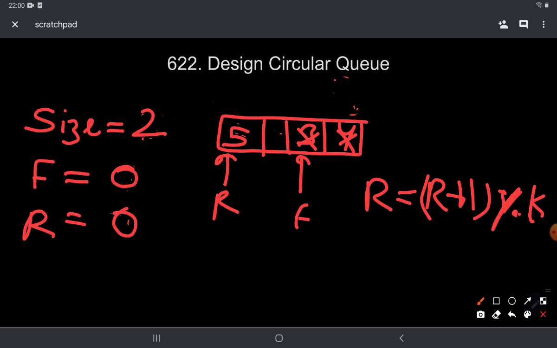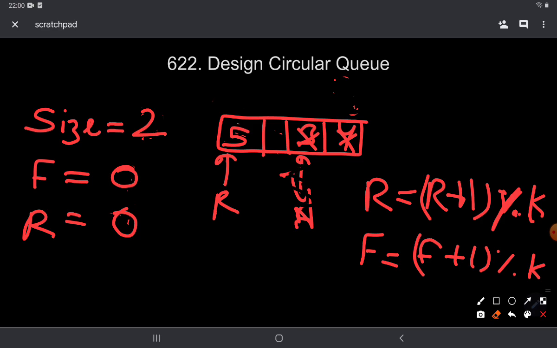So I would again wrap around my front pointer as front is equal to (front + 1) % k. So in this case my front pointer would be moved forward from here and it would reach here.